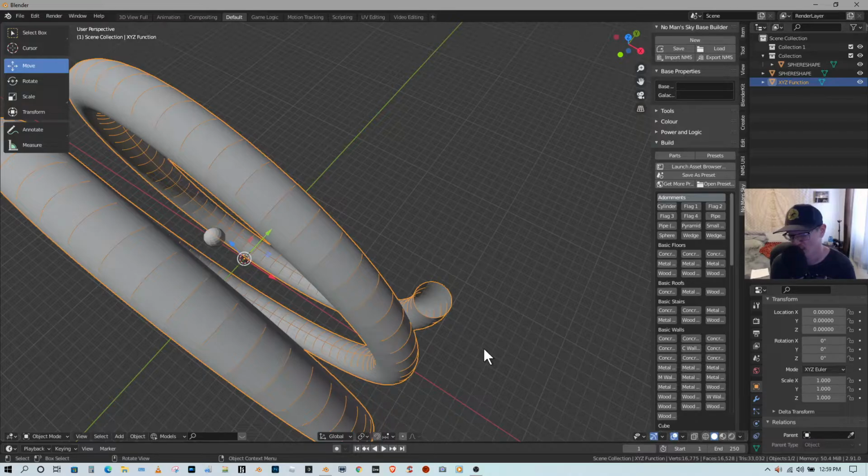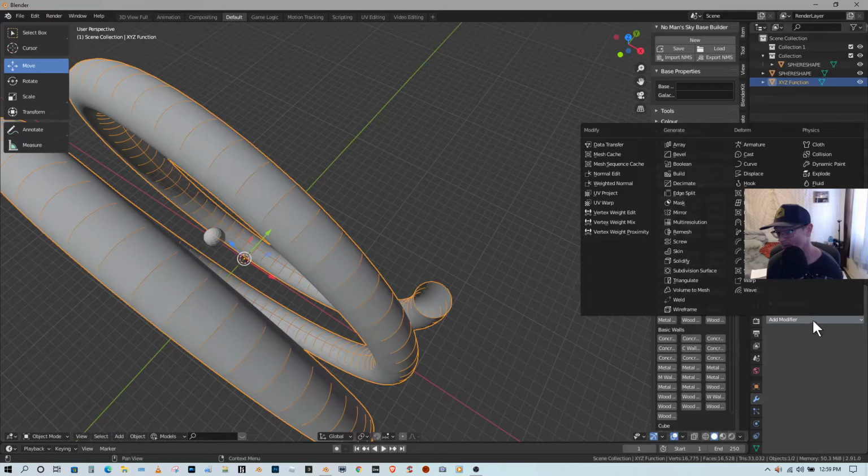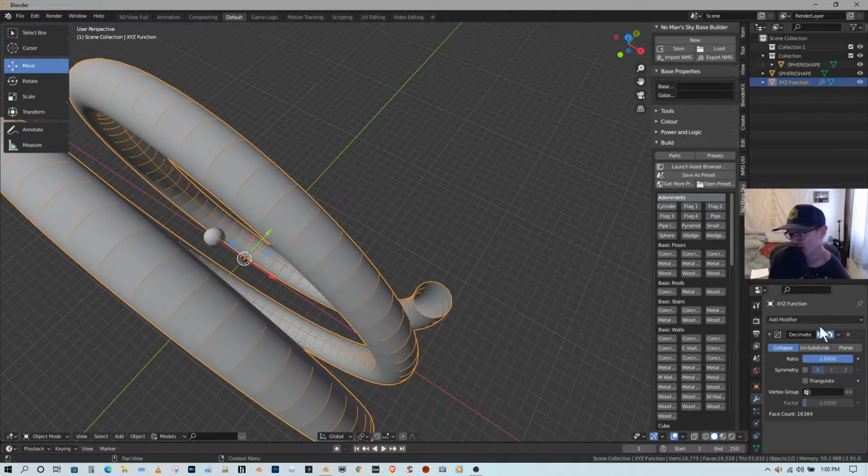And I don't want that, so I'm going to go in here and down below this tab right here that we've been playing in, there's a little gear wrench icon. We're going to hit that and go into modifiers. Now this modifier that we're going to be using is called Decimate. Let's grab that thing. All right, now there's different ways to get different results in here. You can maybe play around, but for this particular item, I think I'm going to go